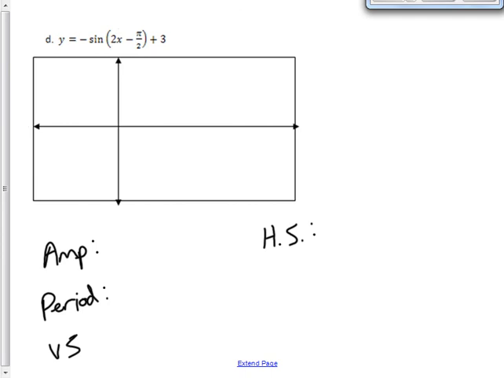I'm actually going to stop this video, and we'll start up on the next one. There are 2 examples left, and so I'll put those 2 examples on the